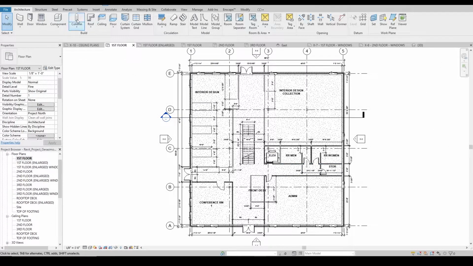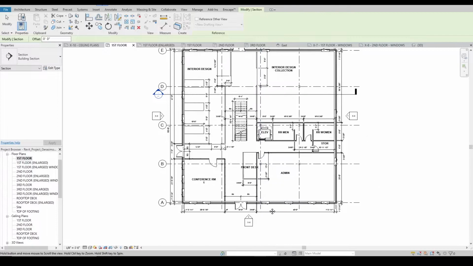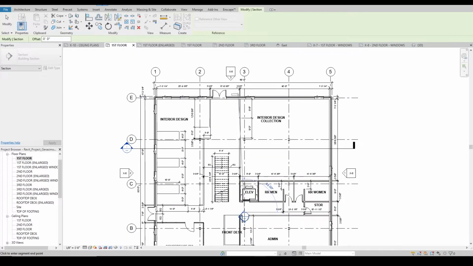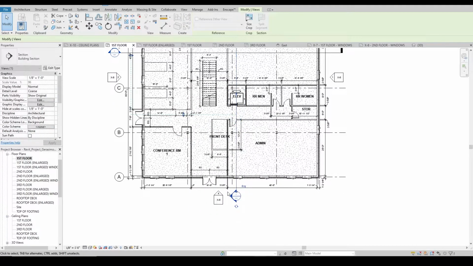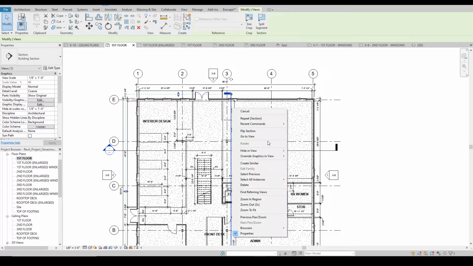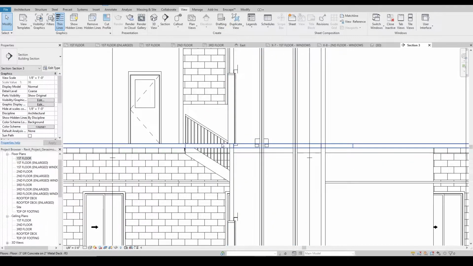Lastly, what I would like for you to do is to draw another section through your elevator. So go ahead and go to the View tab, Section, and draw one that would go through the door of the elevator. You can start here and move it all the way through and then extend essentially your section from this end to this end of the building, so to make sure you cut the entire building. But once you do this, you also need to make sure that you draw this over to this area. Now, if you go to that section, you'll see you're cutting through the elevator and it stops perfectly at the